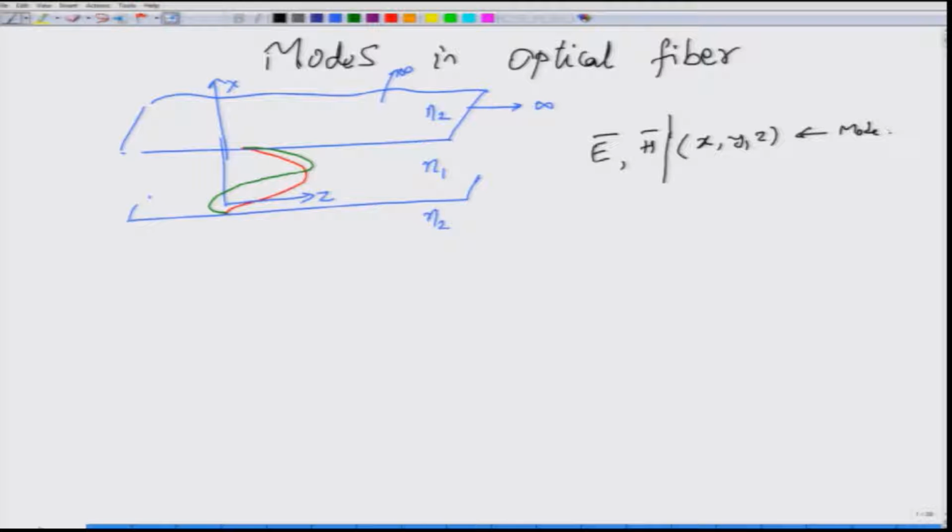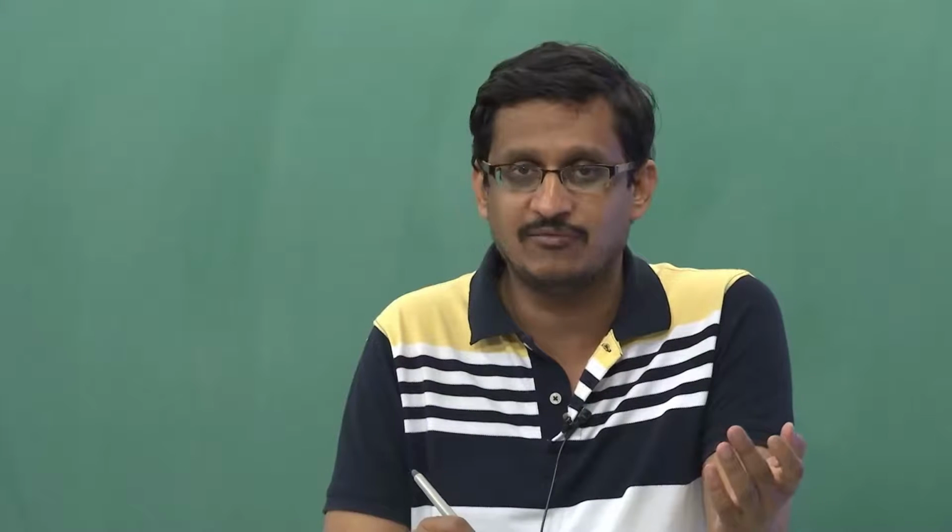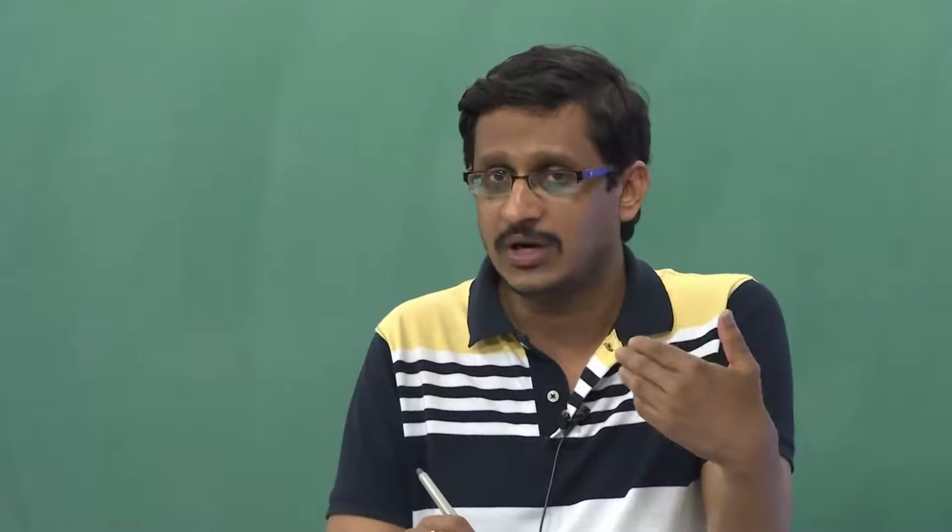For the case of this symmetric slab waveguide, the actual behavior at the edges here will be slightly different. In fact, it would be radically different if we were to say so. If the plates were made up of metals, perfect metals, then we know from the boundary condition that the tangential electric field component must go to 0 there. However, in case of a dielectric to dielectric interface, the only constraint that we have is that the tangential components must be continuous across the surface.